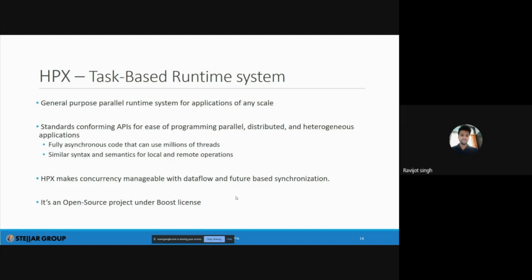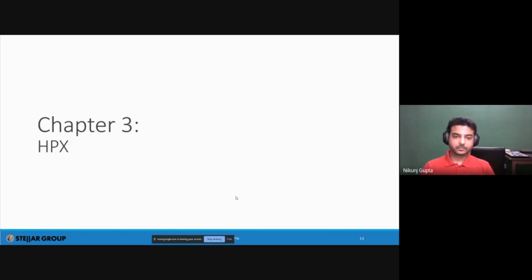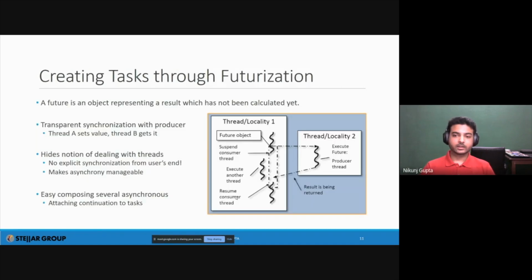HPX, can you please tell a little more about futures, like how they work? So the way futures work underneath is you can imagine it to be invoked on a new thread. I'm not talking about the C++ implementation, so I won't get into that, but from an overview point of view, you can assume that to be run on a separate thread.